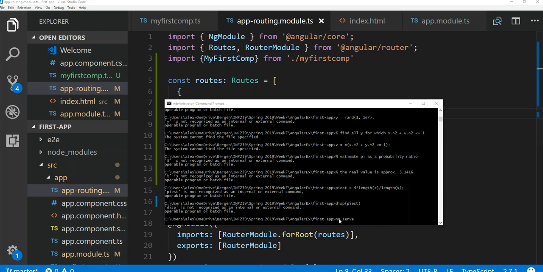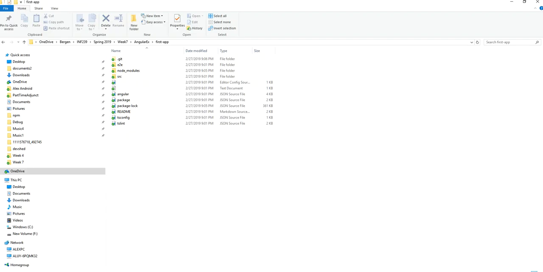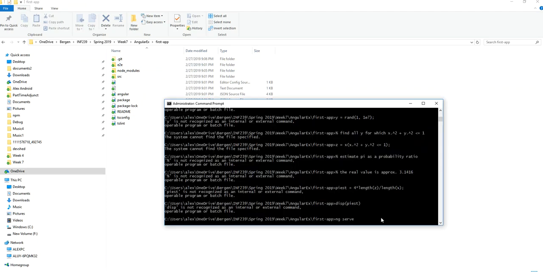Type in ng serve and make sure that you are under the directory of where your app was downloaded into, not at the root, the folder above it, because then you're going to get an error. So in my case, I cd'd into my first app, which means I'm under this folder. And then on the command prompt, you would just type enter, and that would automatically run